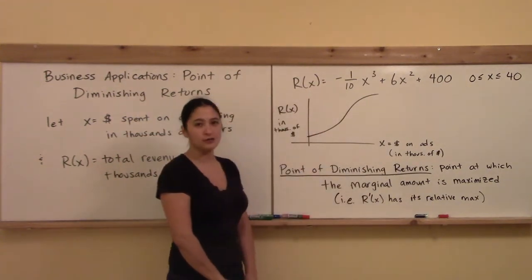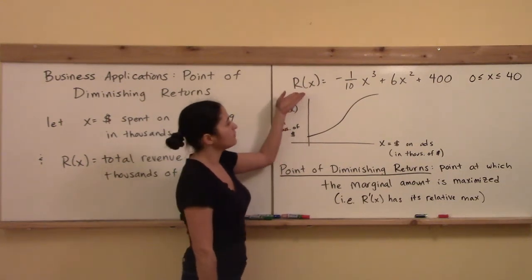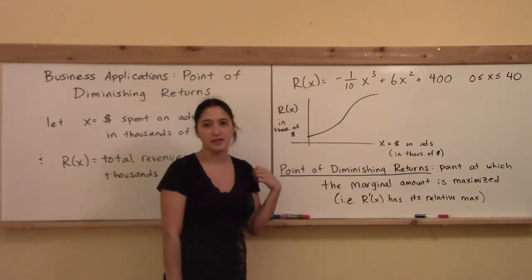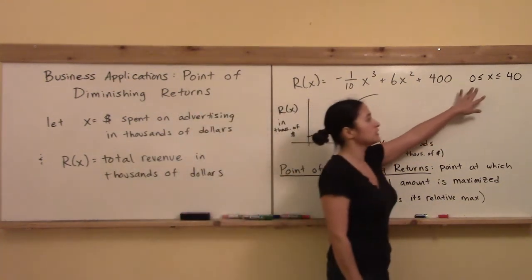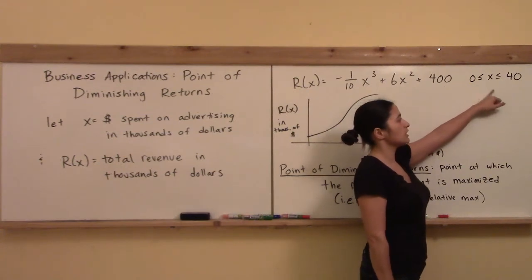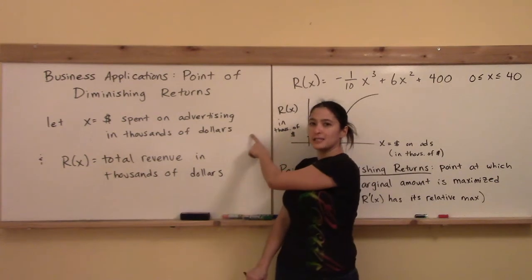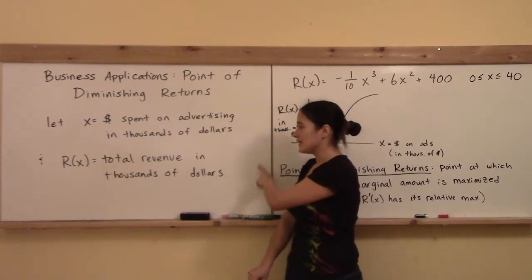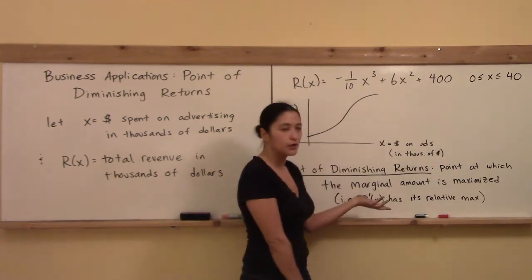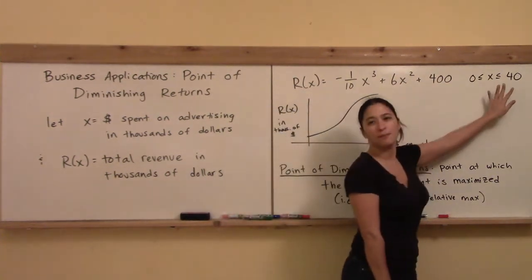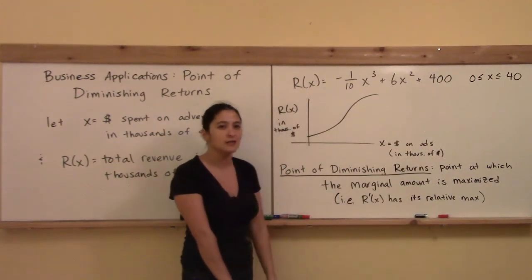Okay, so to make it concrete, let's use this cubic function to model the dependence of our total revenue on the value of how much money we're spending on ads. Now, because I'm not willing to spend an infinite amount of money on ads, let's restrict that domain to between $0 and $40,000. Careful here. We've defined x as the amount of money in thousands of dollars, and the output as well is coming out in thousands of dollars, so every time we get a number, we have to think about multiplying that number by thousands of dollars. $40,000 is the most that I'm willing to spend on advertising,